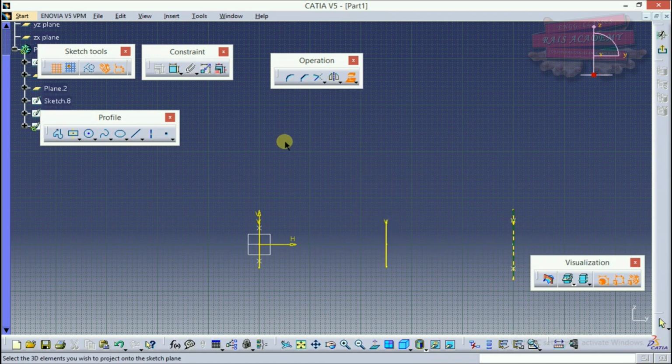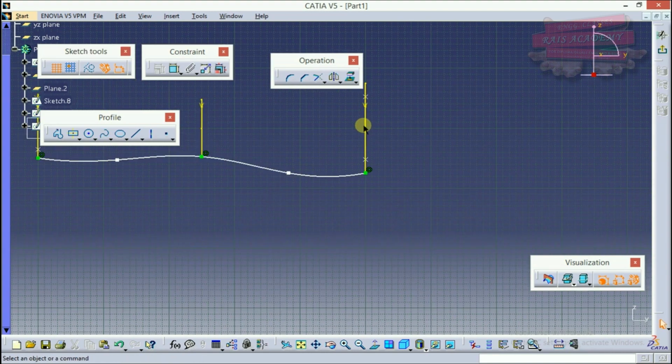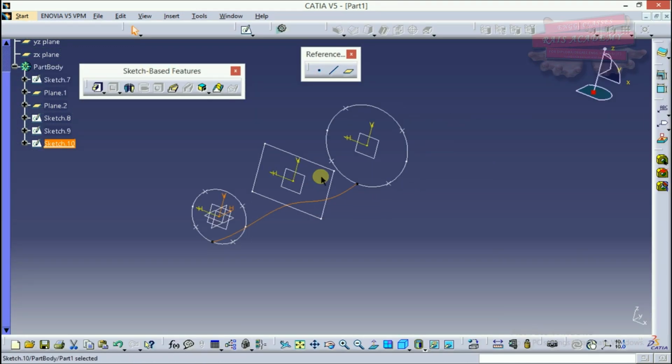Okay, now I'll make a profile from here to here, from here up till here. I haven't deleted this, I forgot. Okay, so you'll have to delete all these. Okay, so we have drawn it.